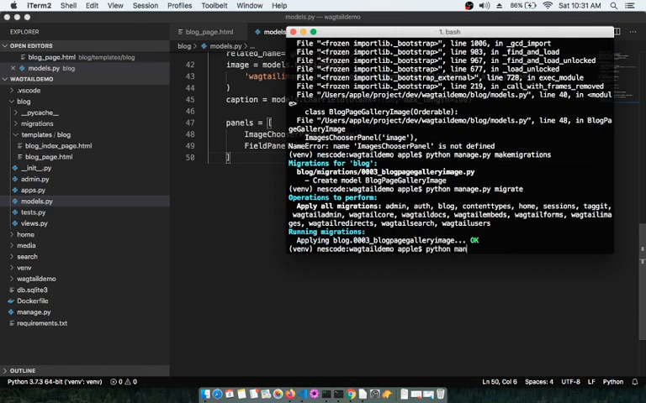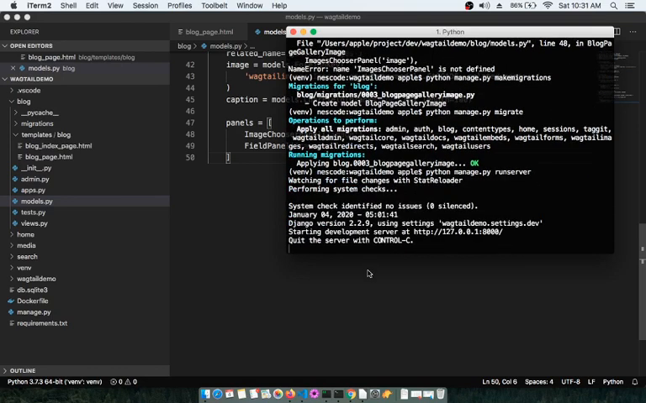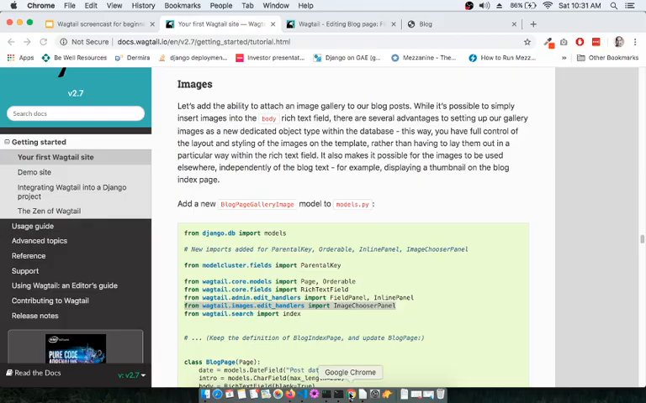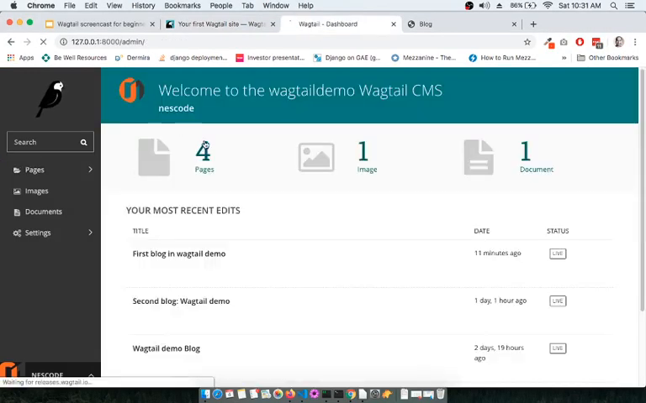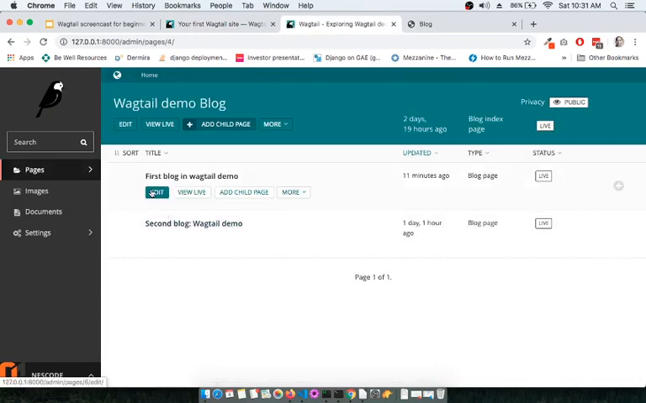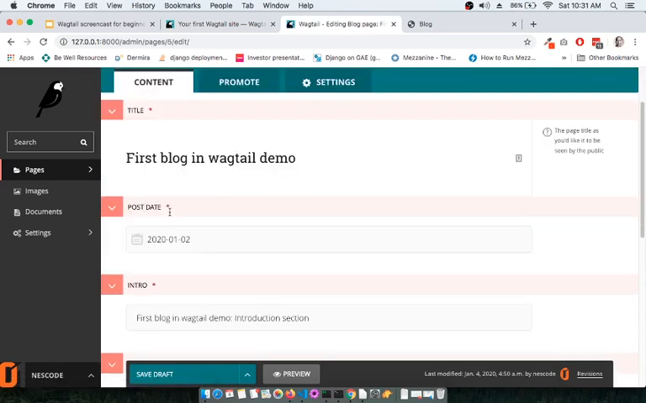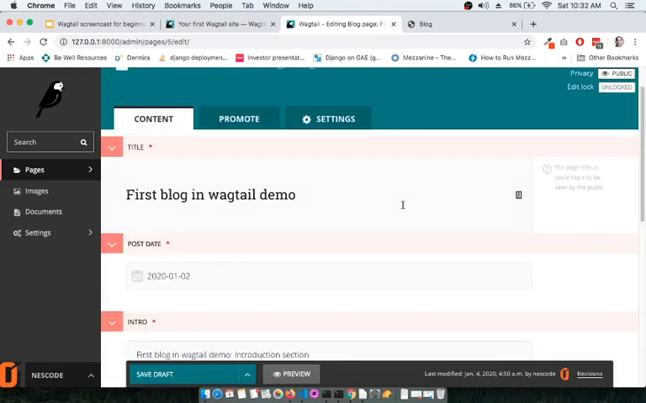So let's run the server again, and hopefully it should give one option of the gallery inside the admin panel. So let's browse through the admin panel and open any blog. Go inside the blog. Let's say we are opening the first blog here, and if you scroll down,